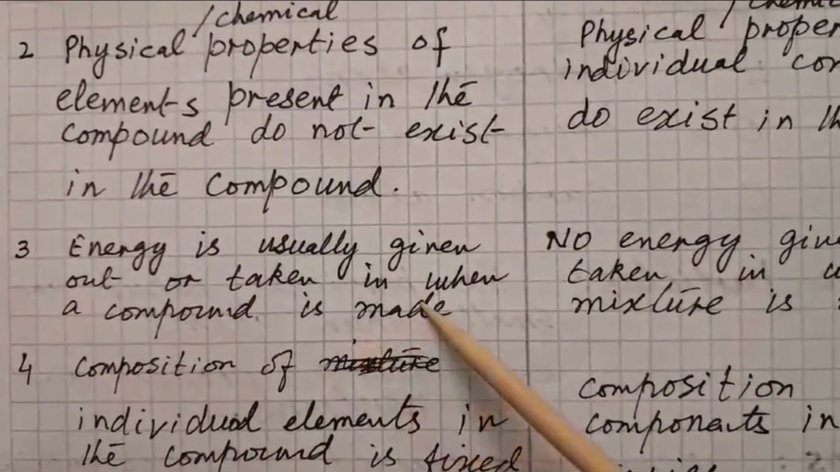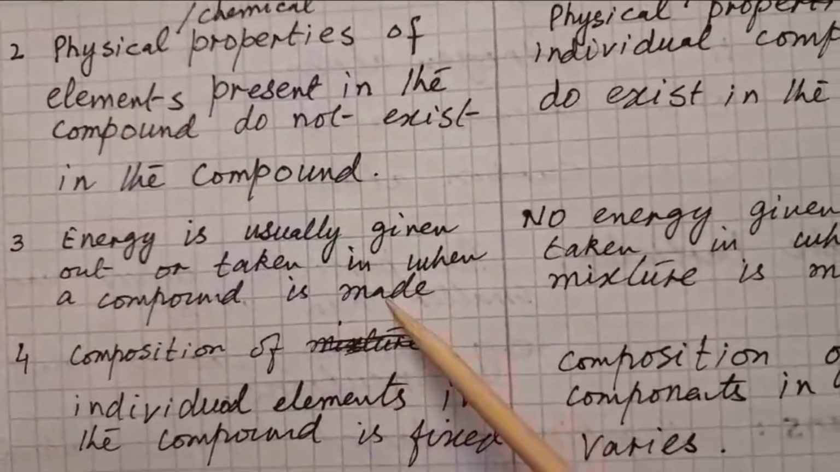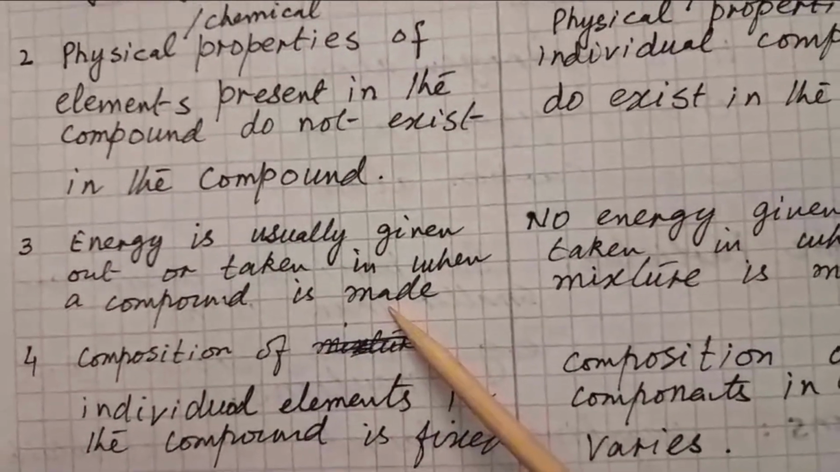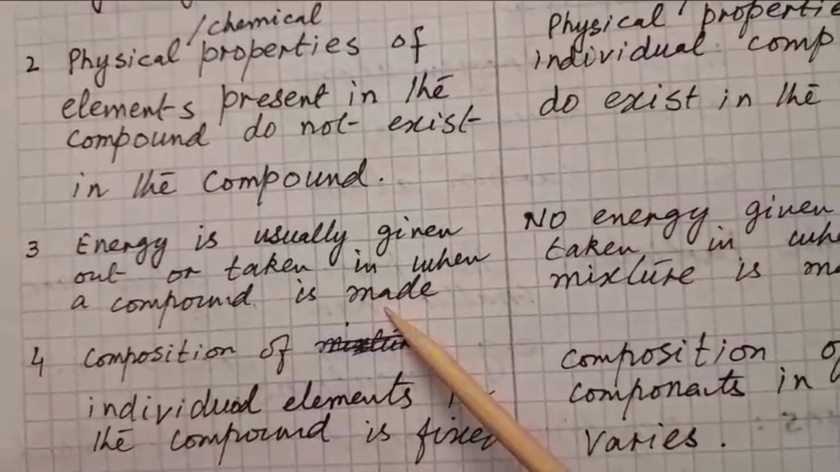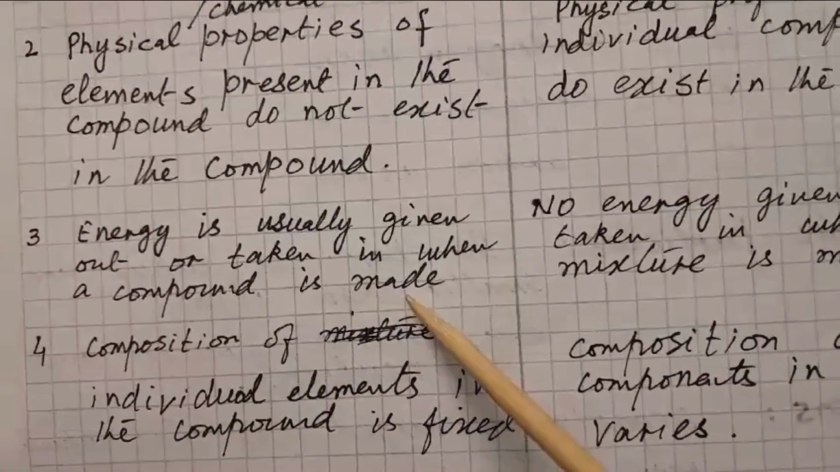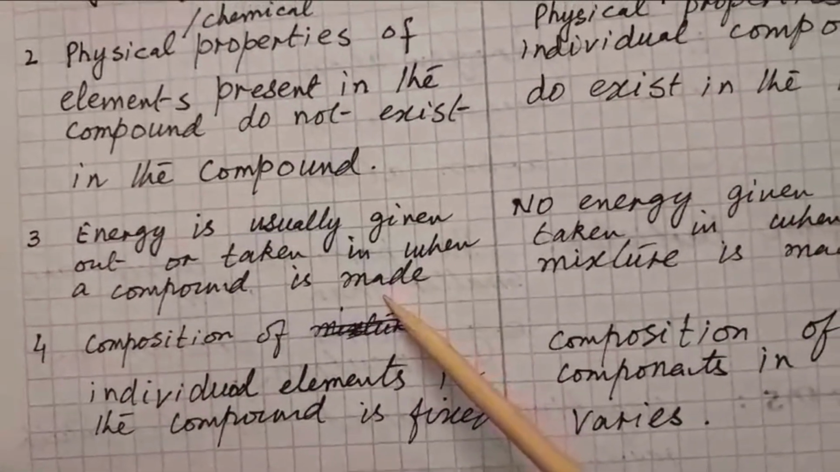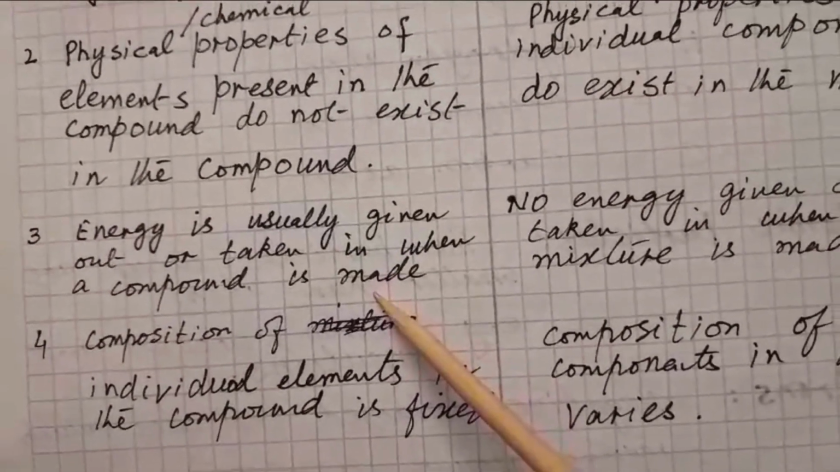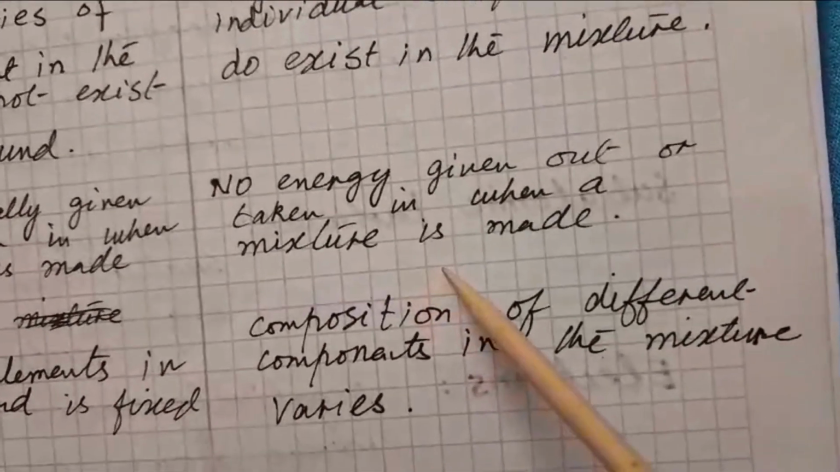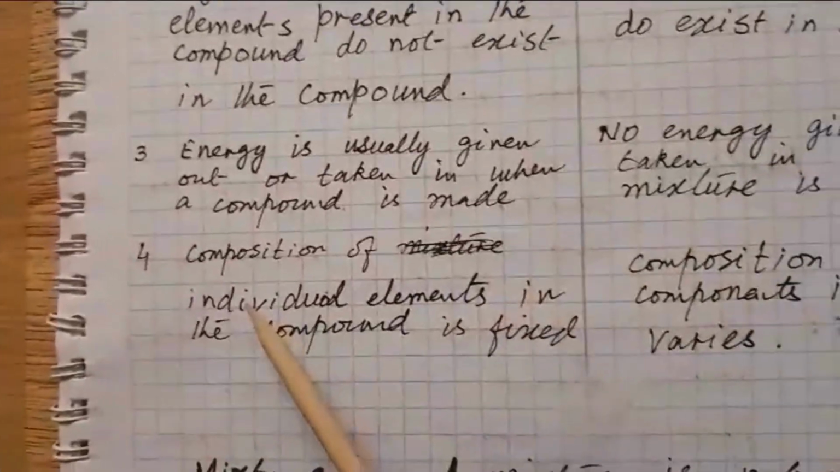For example, if we have to make the compound of sulfur and iron, we are going to heat up these two elements, sulfur and iron, to a very high temperature. So energy is taken in and then they are going to combine and they will form the new thing, that is iron sulfide. Whereas no energy is given out or taken in when a mixture is made. The fourth point is